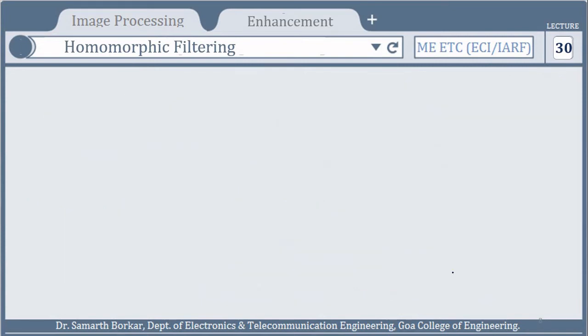Now the next step is to take the Fourier transform to move into the frequency domain. And why do we need to take the Fourier transform? To work in the frequency domain. And why do we work in the frequency domain? We can easily localize the low frequency coefficient and the high frequency coefficient, and secondly the computation time using the frequency domain is very much less as compared to the spatial domain.